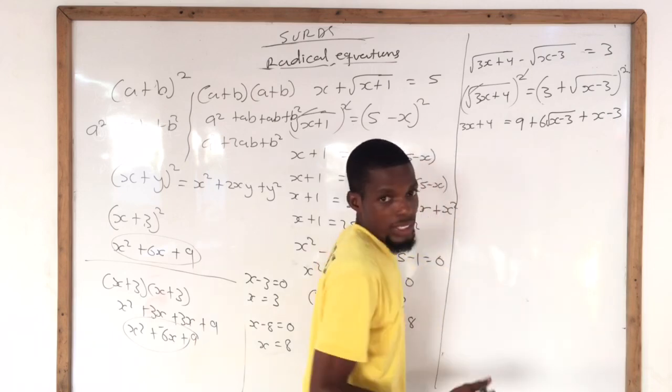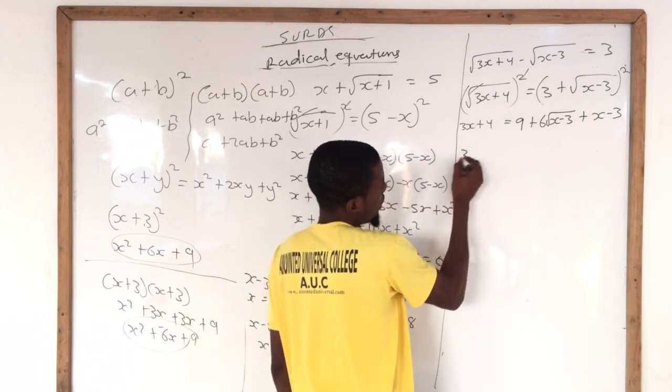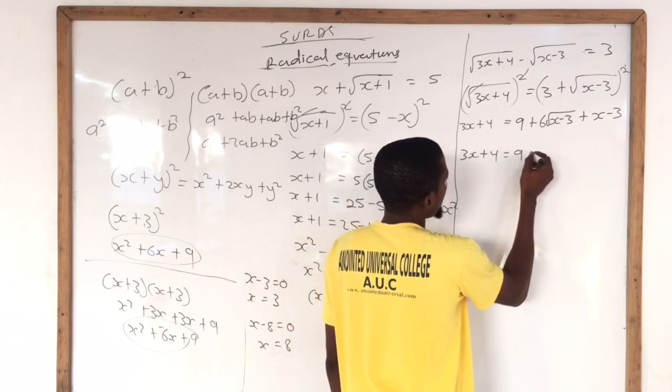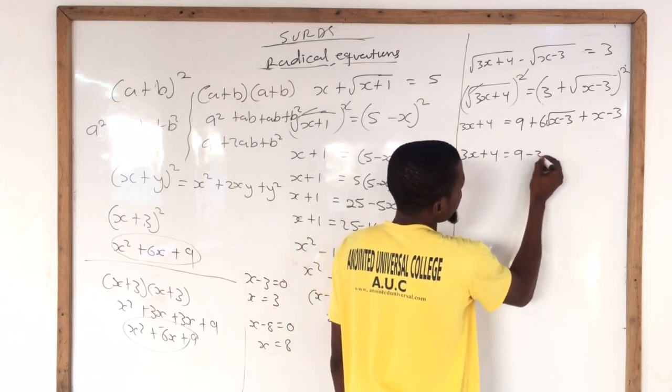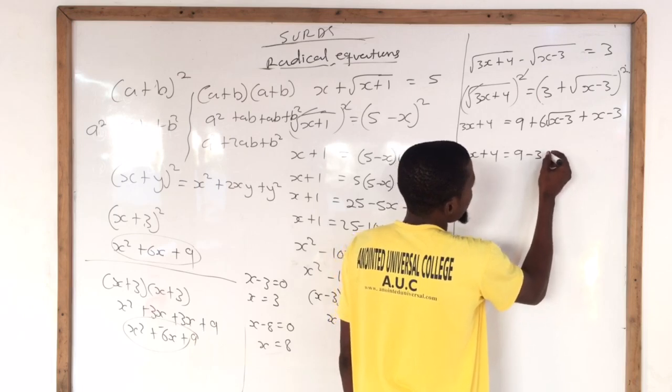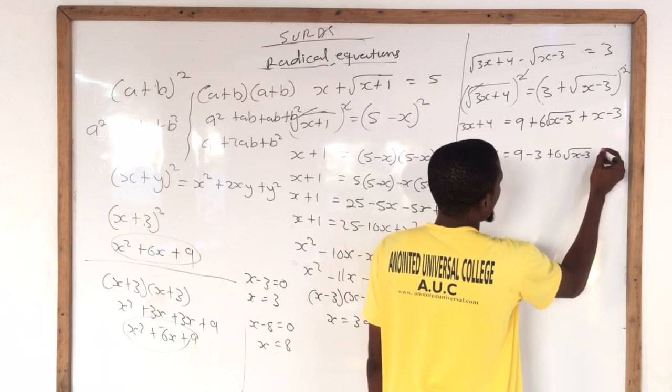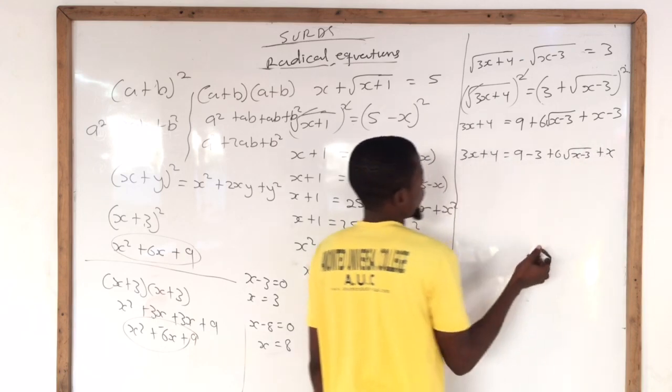Hope you get that. So at the end, we are going to get 3x plus 4 equals 9 minus 3. I'm grouping like terms. Plus 6 root of x minus 3 plus another x. So further grouping